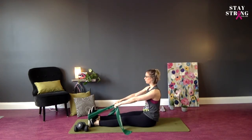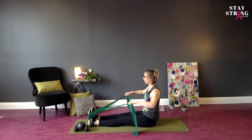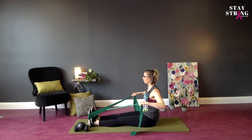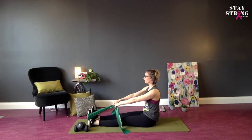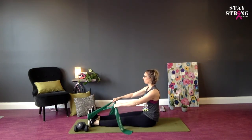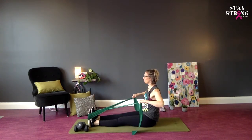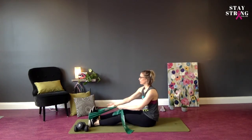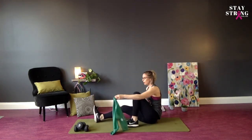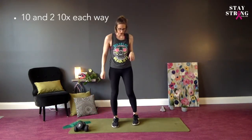Squeeze and release. 2, 3, 4. Think about opening up that chest instead of just squeezing those shoulder blades together. Let's do 3 more. 3 and 2 and last one. Great. So we'll take the Theraband away, coming back up to standing, and we're going to finish off with that